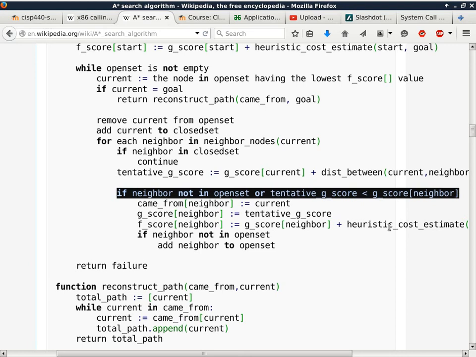It says, if neighbor is not in the open set, in other words, if someone has not already suggested to consider neighbor as one of the vertices to explore, or if the tentative G-score is less than G-score of neighbor, which is basically saying, okay, we have already estimated a cost going through neighbor to the destination, but the new estimate is lower, okay? So if one of these two conditions is true, we want to go through this code